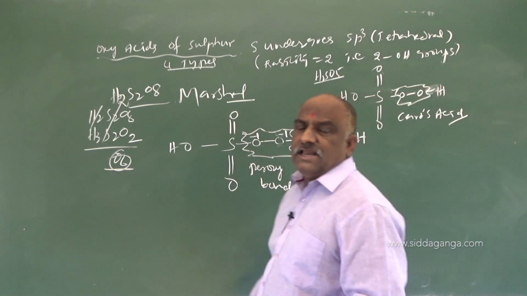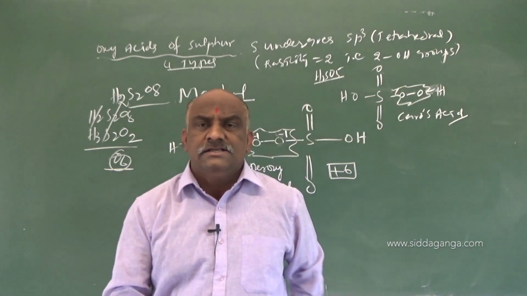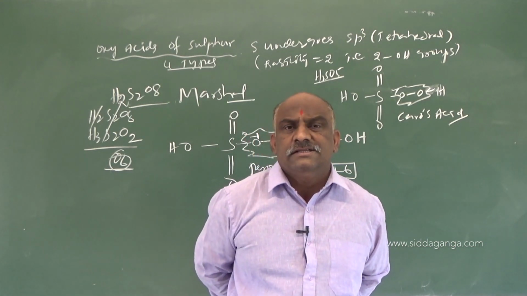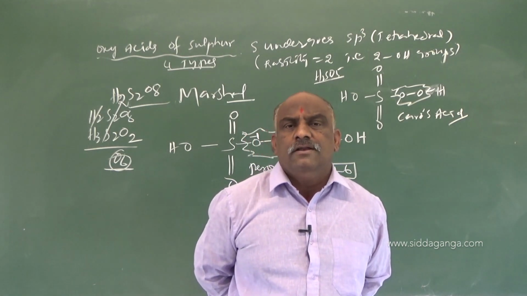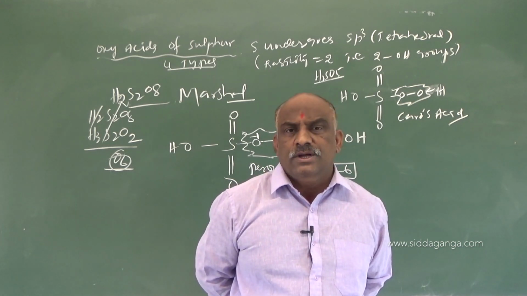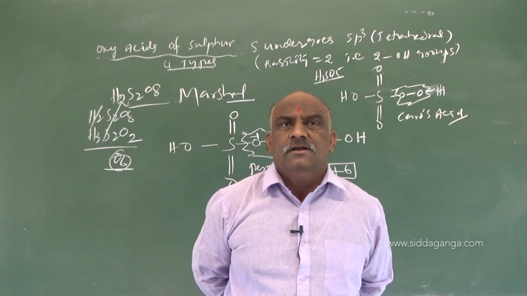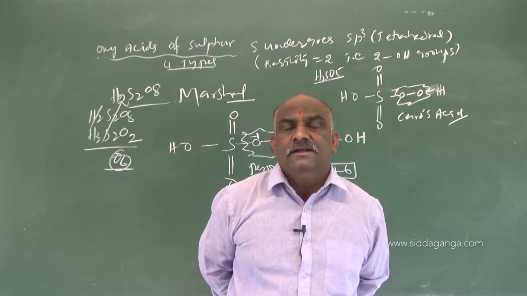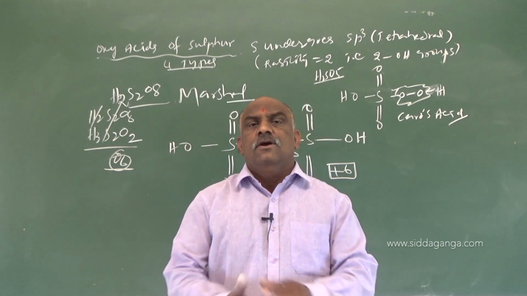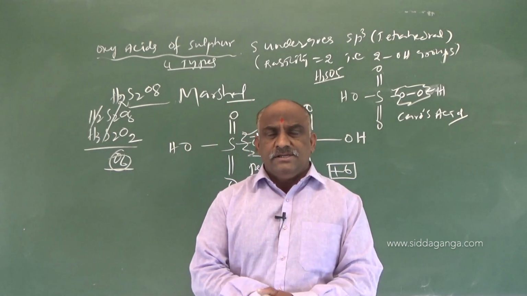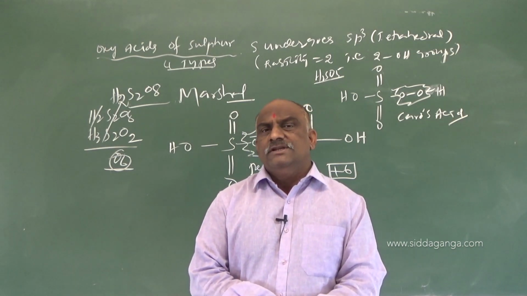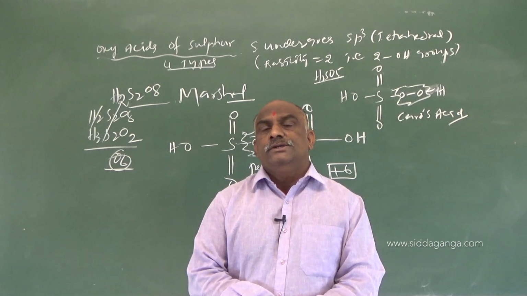Caro's acid, Marshall acid. So you have to practice those structures. Practice the structures only, and you will get an idea. In the thionic acid series, S bond S takes place. The remaining all contain SOS or S double bond O, SOH like that. So this is the summary regarding oxyacids of sulfur. All oxyacids undergo sp3 hybridization and have tetrahedral geometry. All oxyacids have basicity 2. Basicity 2 informs us that 2 OH groups take place.